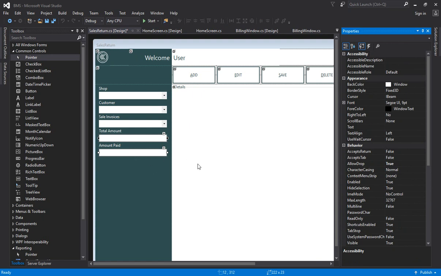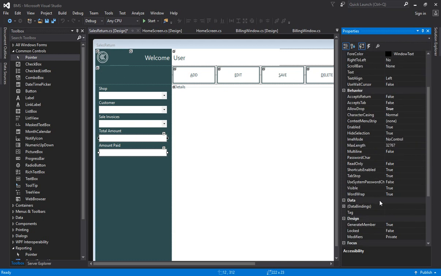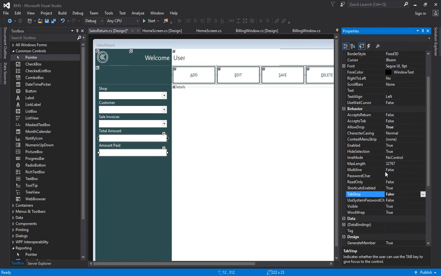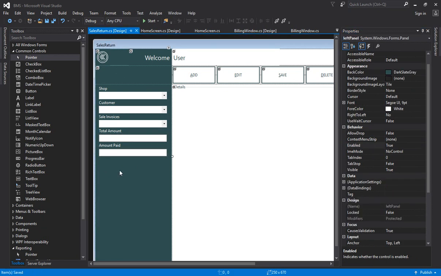I hope it is clear to everyone. And also I don't want to enable and disable these controls, so I am using here one more property, that is, where is that, tab stop. Here tab stop false. Okay, so I am not providing here tab stop. And one more thing that I must mention here is the enabled property, that is automatically false. Now it's fine. Okay, so based on the invoice you have to select the total amount and the amount paid,